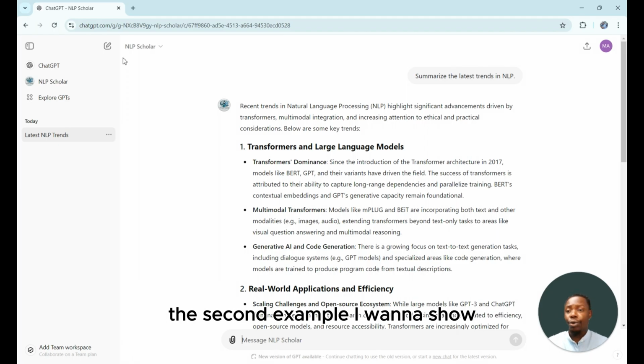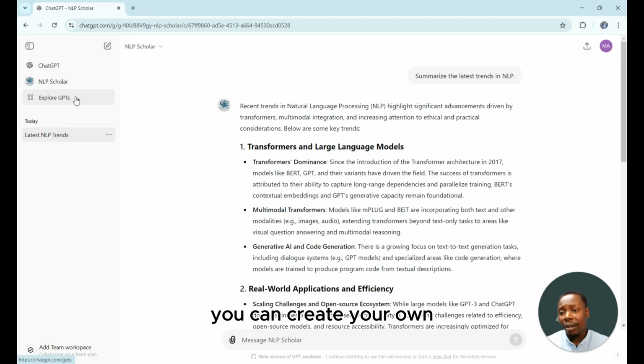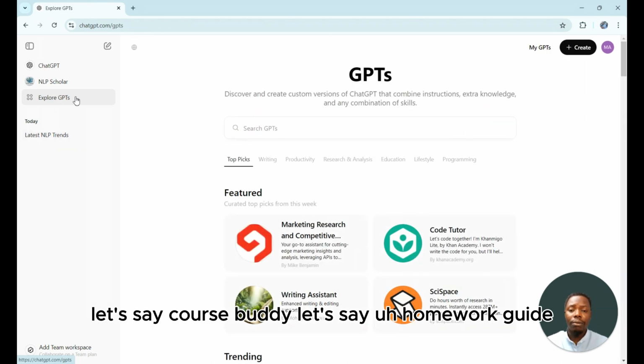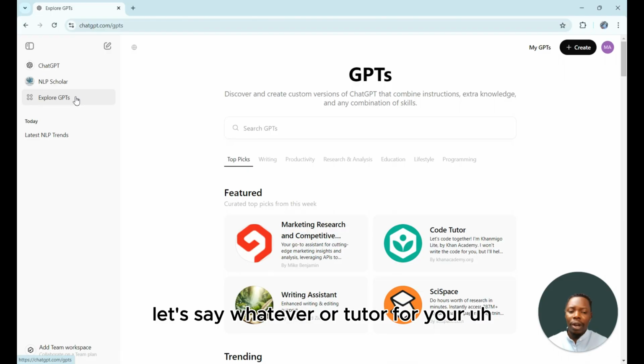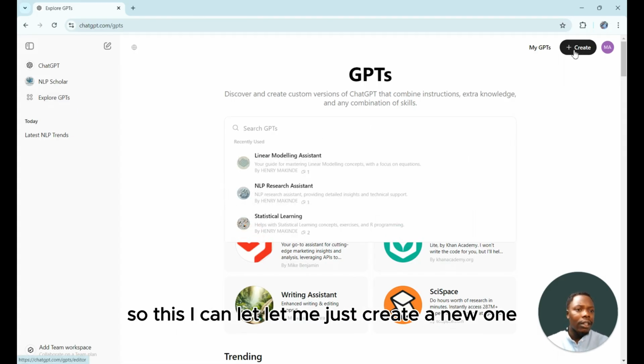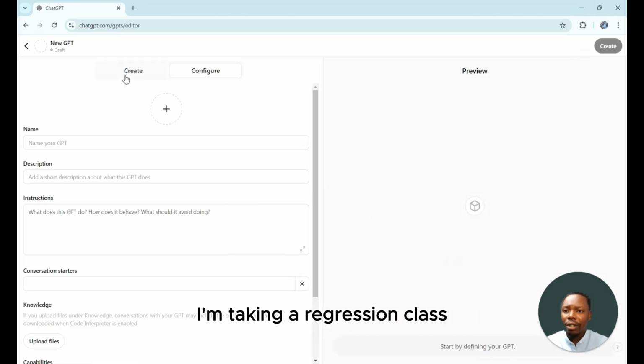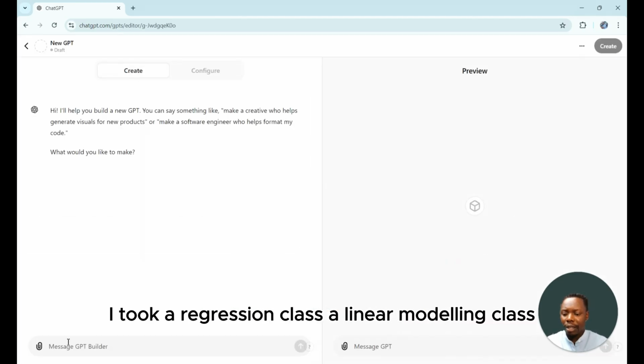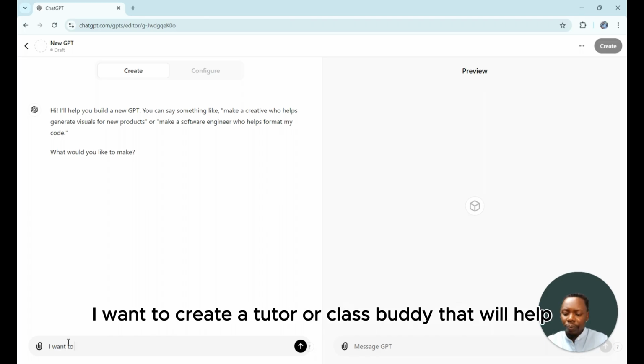The second example I want to show you: you can create your own course buddy, let's say a homework guide, or a tutor for the class you are taking. So let me just create a new one. I'm taking a regression class, a linear modeling class. I want to create a tutor or class buddy that will help